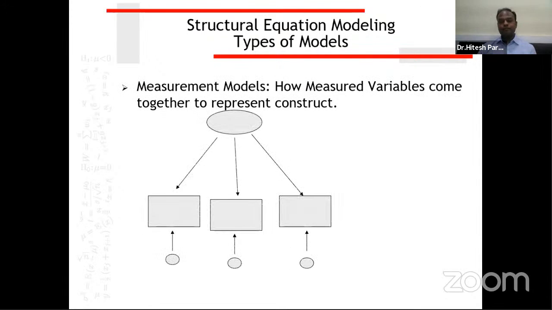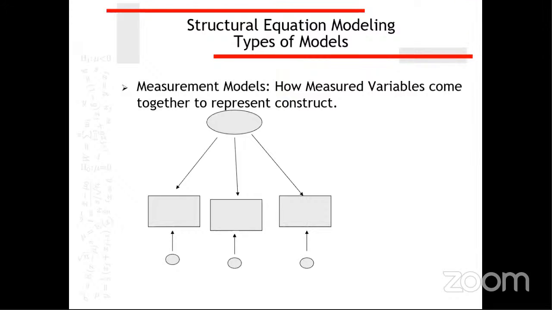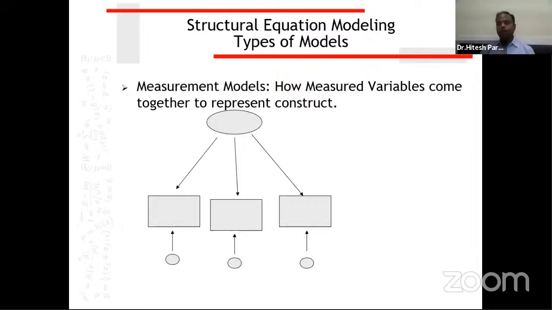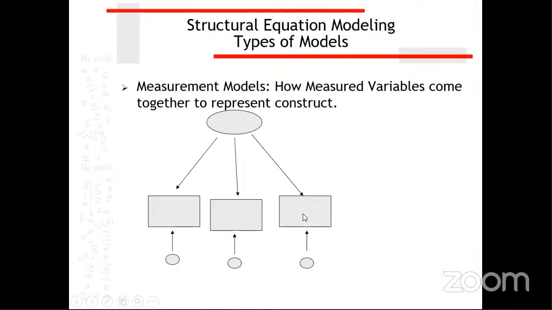There are two types of structural equation modeling. The first type is called the measurement model. In a measurement model, we look at how measured variables come together to represent a construct. Our goal in the measurement model is to understand whether these variables are fairly representing